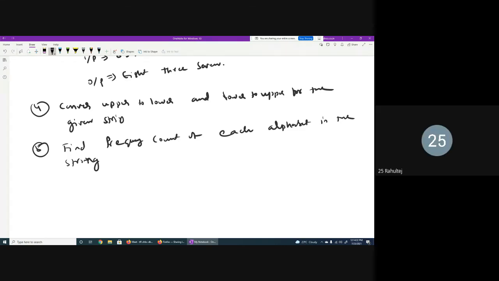How many times it repeats? Number of times an alphabet repeats. Yeah, suppose I give an example. College is the input. What is the output? C is 1, O is 1, L is 2, E is 2, G is 1. Yes or no? Yes, sir. So this is what you are supposed to print. This must be the output.